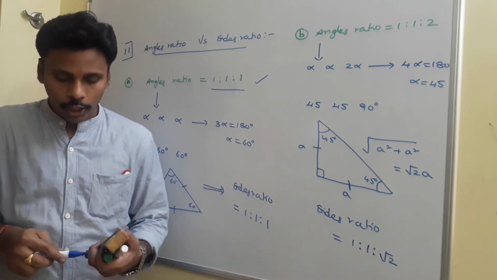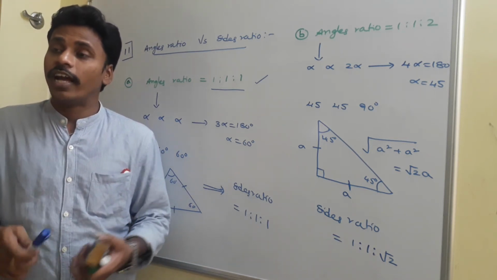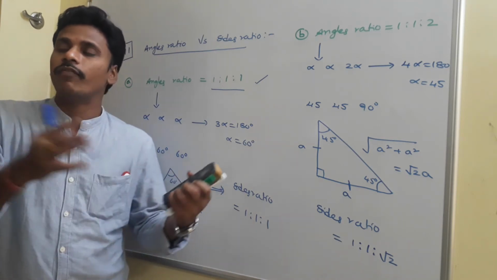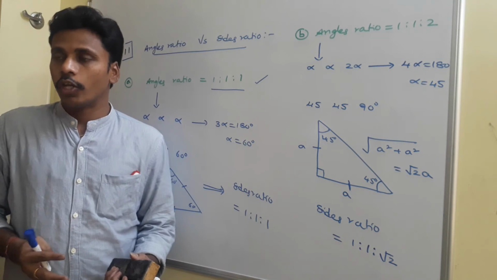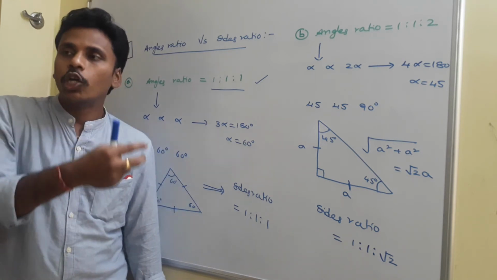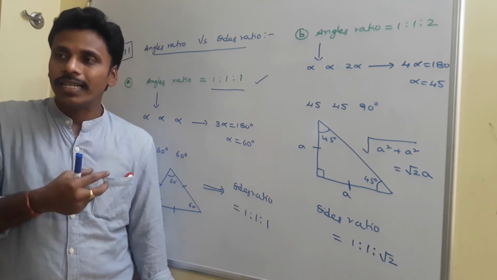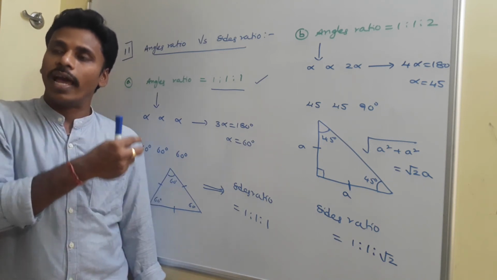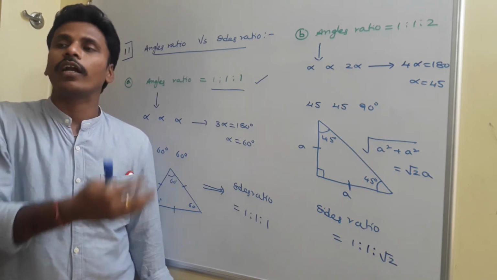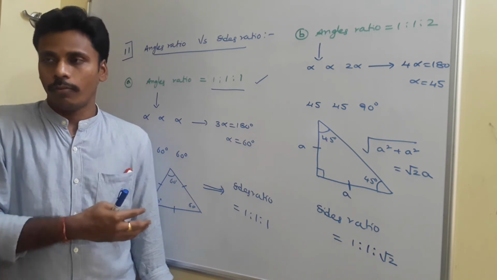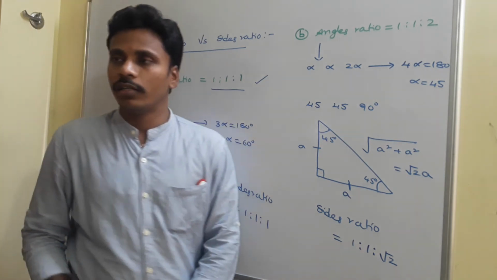What I am going to tell you is, we have a chance to find sides ratio from the angles ratio for different types of triangles using different concepts of plane geometry. But to enter into trigonometry, for us it is enough to know about sides ratio related to the angles ratio for three frequently used triangles. Among those, these are the two. And I will give you one more. Have a look at this.